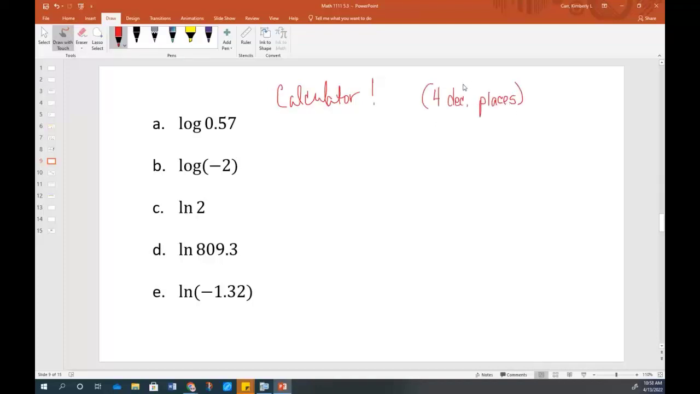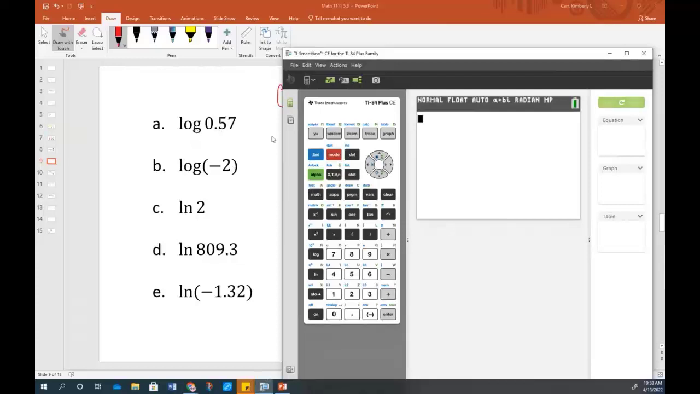There's no real reason we have to have it to 4 decimal places. But years and years ago, when they didn't have calculators that did all this easily, people had made charts, and the charts went to 4 decimal places. So here to do these, it's just log